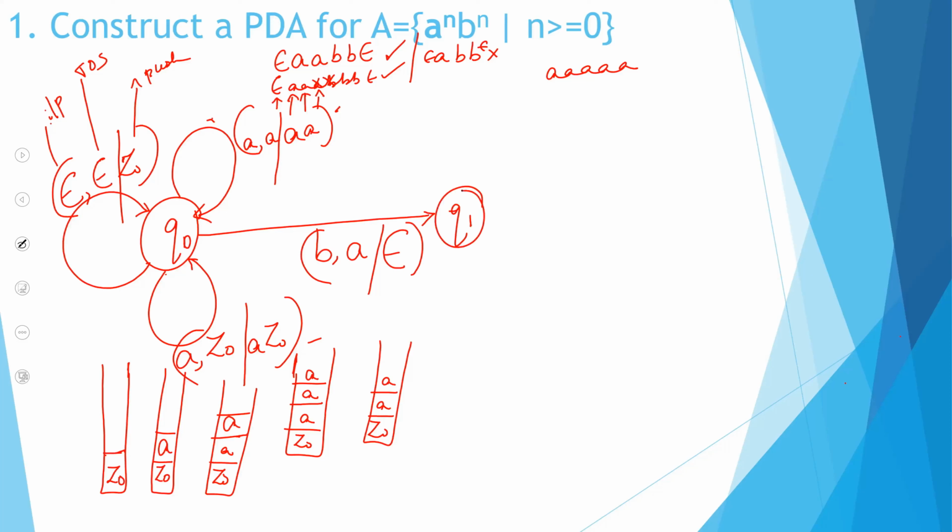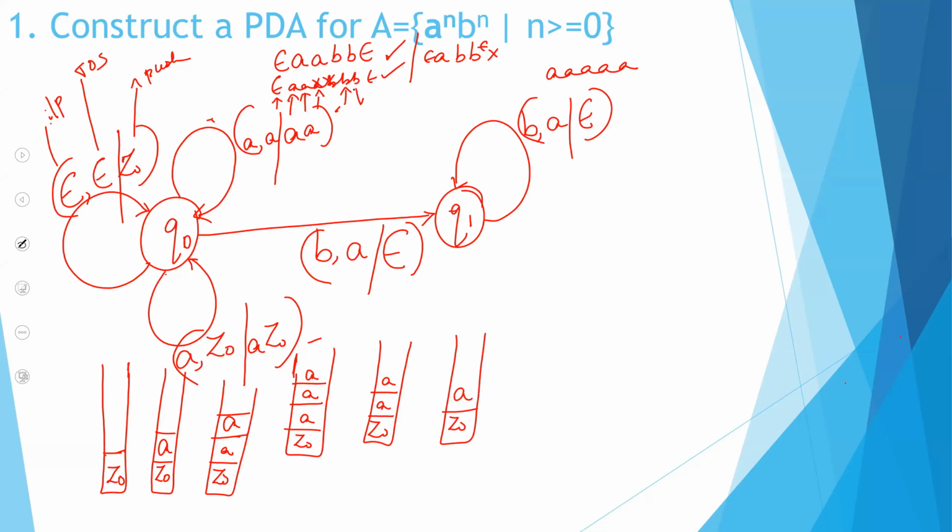There is a chance that many B's can happen. So how many ever B's are encountered? Okay, so let's look here. You have your second B. The top of the stack is A. What should you do? You should take it out. So Z0. Now this is my current stack.